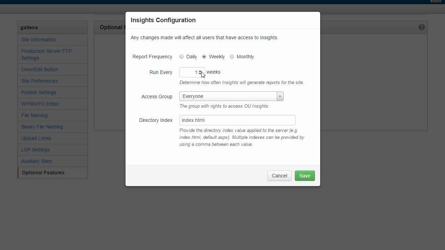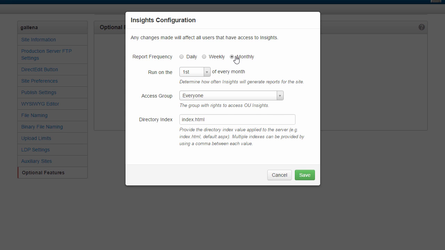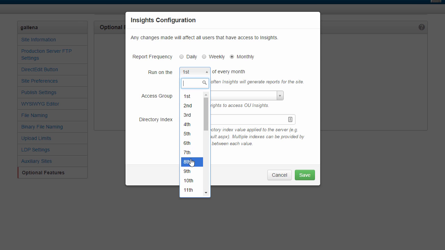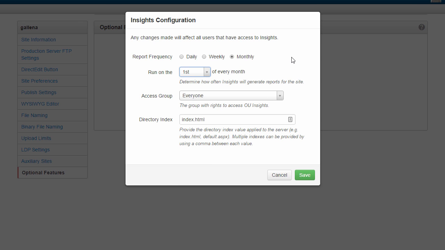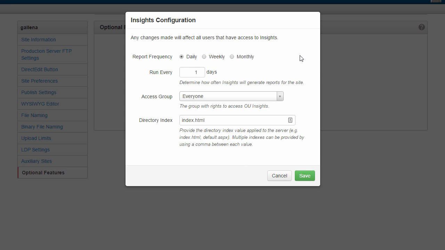You can run it weekly or every couple weeks, and then you can also run it monthly and have it run every 8th day of every month or something along those lines. In addition, you can also control who accesses the Insights panel by this access group restriction. Right now it's set to everyone.